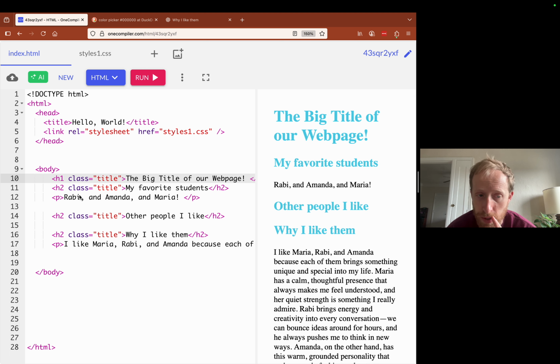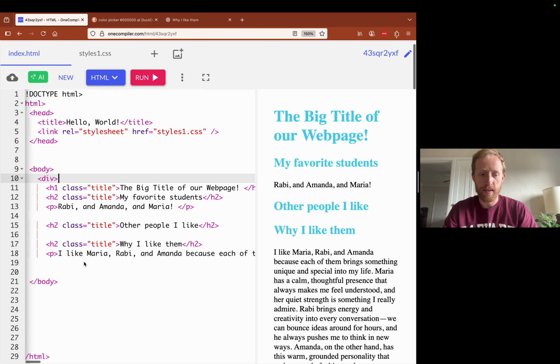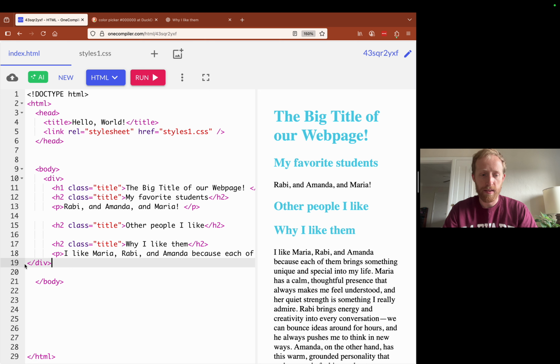Another thing that's really important, in addition to these elements, to get started, is what's called the div tag. Robbie, do you know what a div stands for? Yeah, actually, group, and div is used to gather same type of elements.